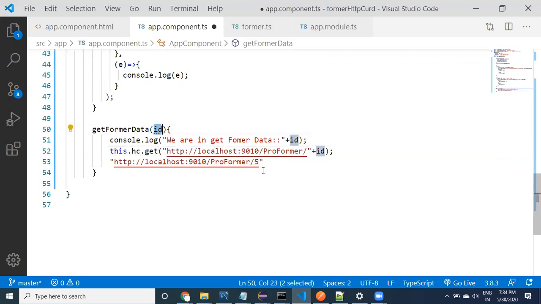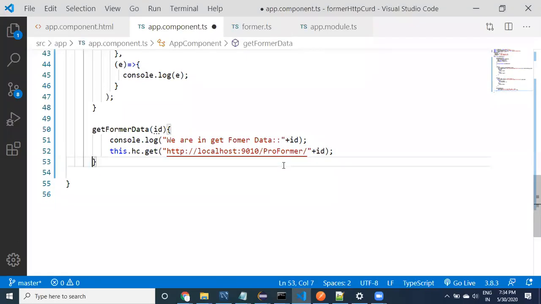If it is 16, it is going to become 16. If it is 18, it is going to become 18. That's how it is going to become. This.http.get of farmer.